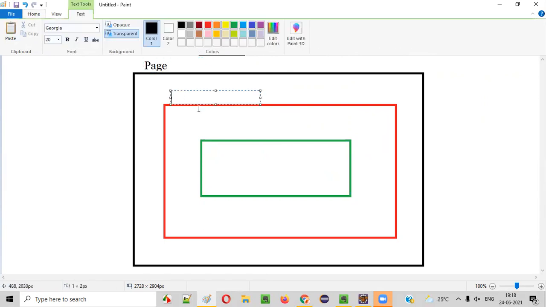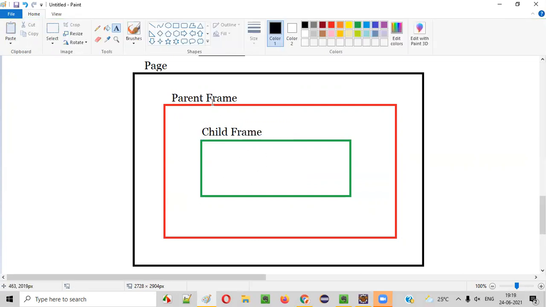Inside this web page there is a frame, guys. We can call this a parent frame because it has a child frame inside. Inside this parent frame there is a child frame. Here the child frame is nested inside a parent frame. For example, you have a button or text field or whatever it is inside a child frame. Then how do we perform operations on this particular UI element, which can be a button, text field, or anything inside the child frame, inside the nested frame?